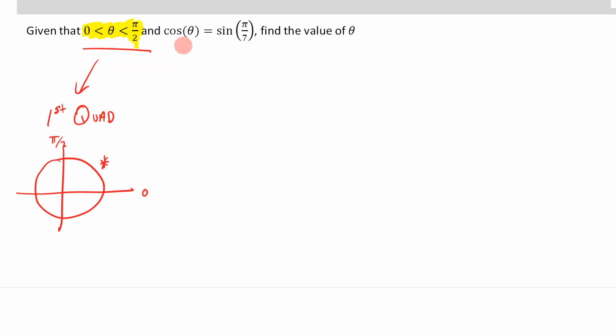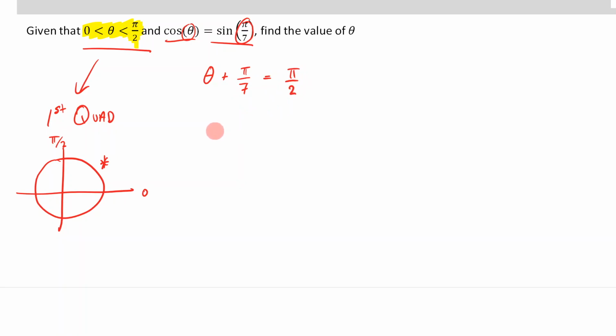We continue to read. Cos of theta is equal to sine of pi on 7. Find the value of theta. So we're trying to figure out what this theta value is going to be. Now, immediately, we could answer this question very quickly because we understand that the cosine is the complement of sine, meaning in order for cos of some angle to be equal to the sine of some other angle, this and this must be complementary, meaning this theta plus this pi on 7 must be equal to 90 degrees,